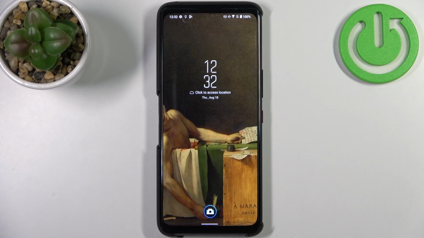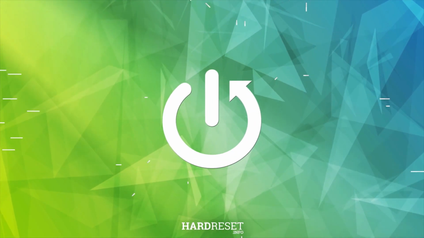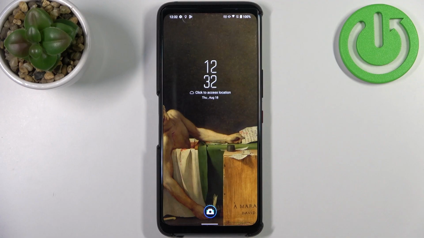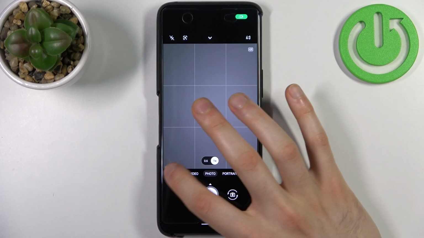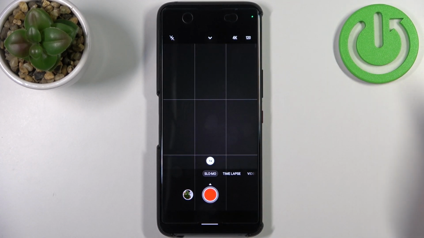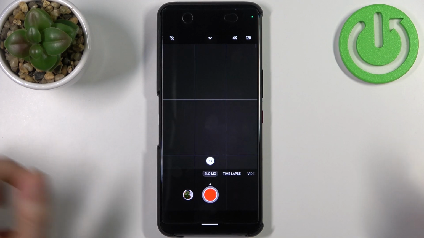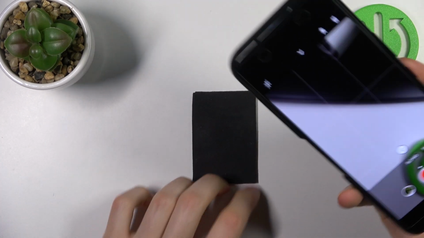Here I have Asus ROG Phone 6, and today I'm going to show you how to record videos in slow motion on this device. So firstly you have to open camera, then switch to slow motion mode, and here we can record slow motion videos. So let's record this